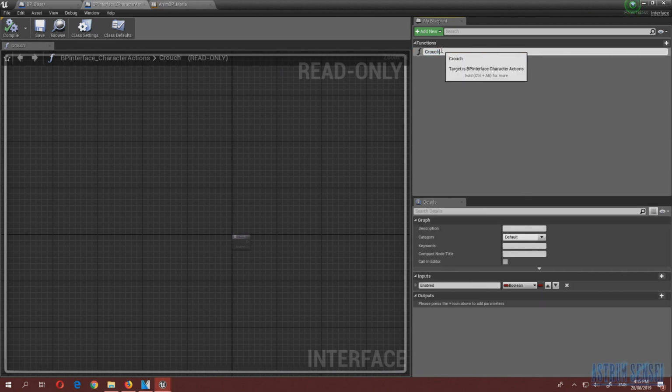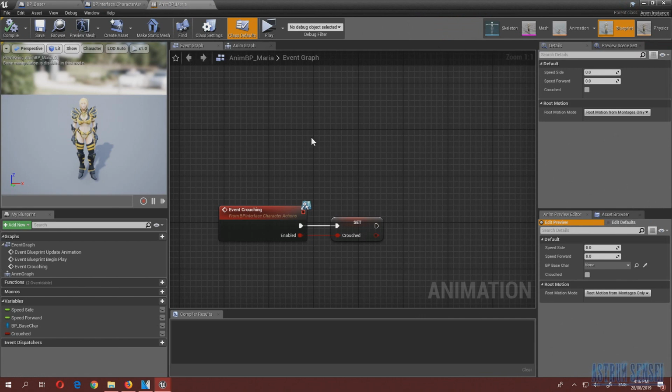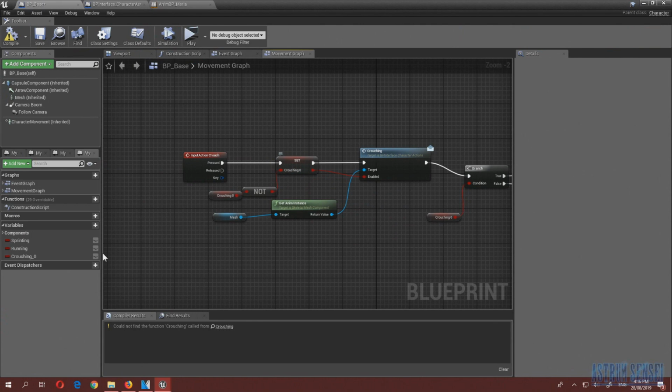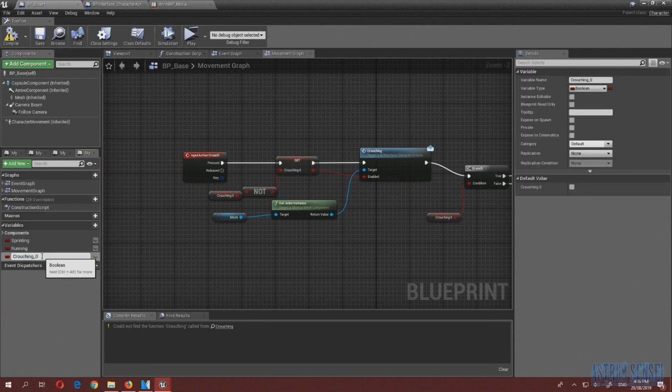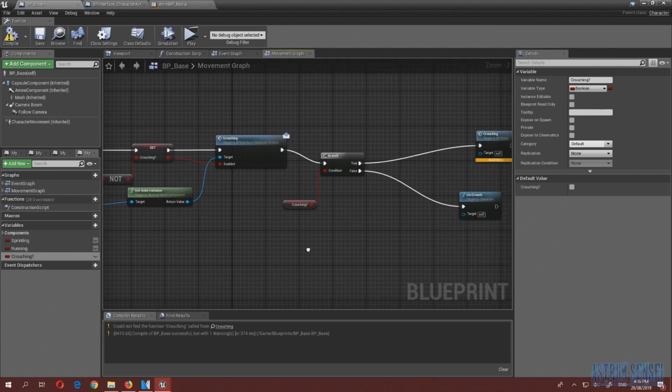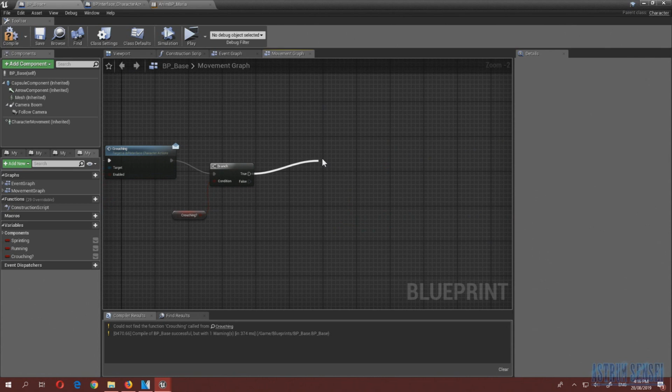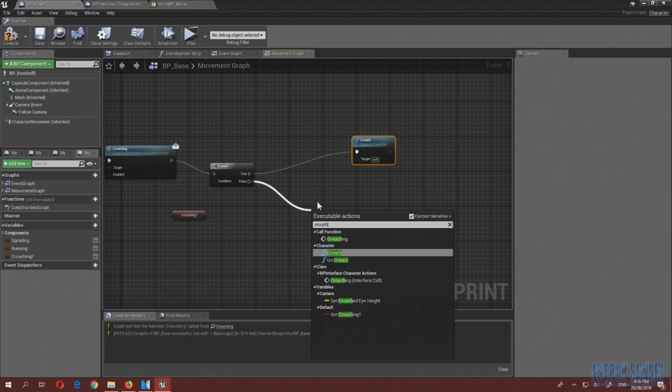So over here I changed this name to crouching and I compiled it, and in my BP base here, this variable I made earlier, I'm just gonna change it to crouching with a question mark. And over here you simply just want to change here to crouch, and here crouch, uncrouch,